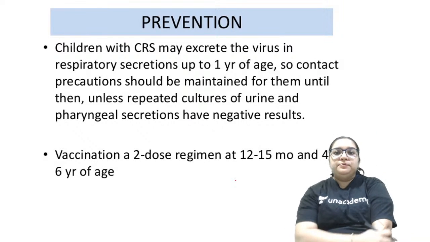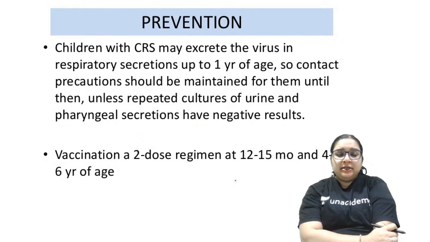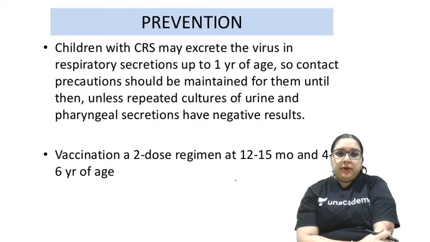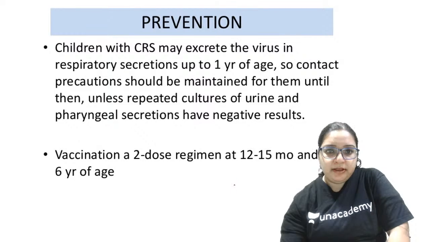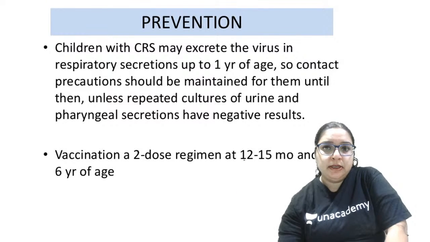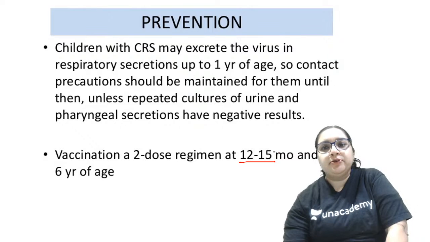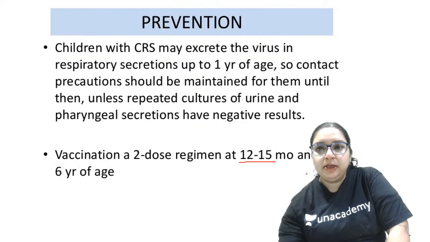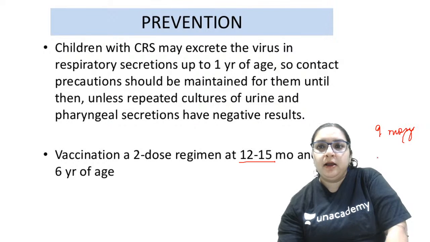Okay, now you all know that there are 2 doses of MMR these days, right? So we were having this vaccination schedule: first we were giving at 12 to 15 months, and the second we were giving at 4 to 6 years. Okay, recently IAP has changed this protocol to 9 months, where we are giving the first shot of MR, which has rubella, and the second at 15 to 18 months, where we are giving the second shot of MMR.